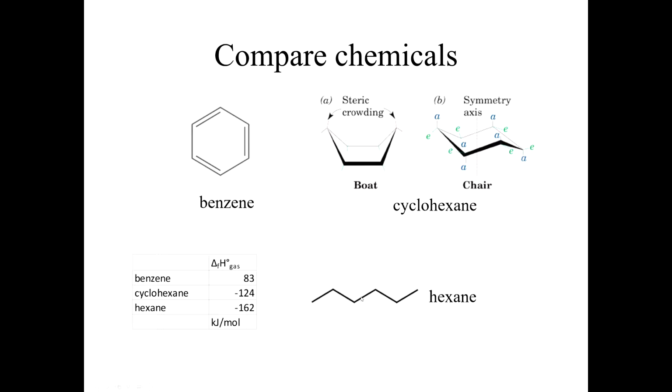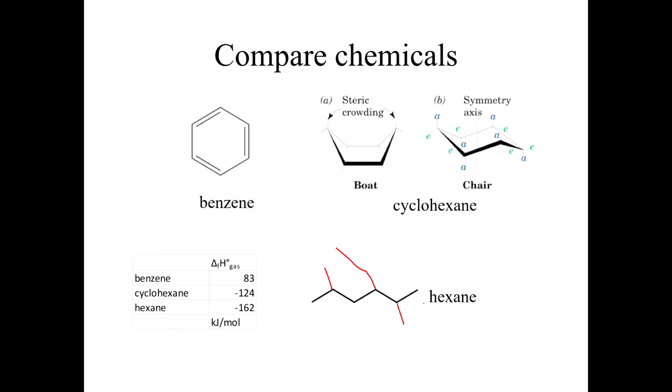Hexane, of course, we've drawn it here as a straight line, but in truth, hexane can have different conformations. Like this carbon here could stick down this way, right? This could go this way. All these bonds can turn and flex, and so you can have different conformations of hexane. So this has got a lot of conformations. Cyclohexane only has 2, but hexane itself has tons. It's constantly sort of writhing like a snake, so it's got a lot of different conformations, therefore more randomness, more entropy.